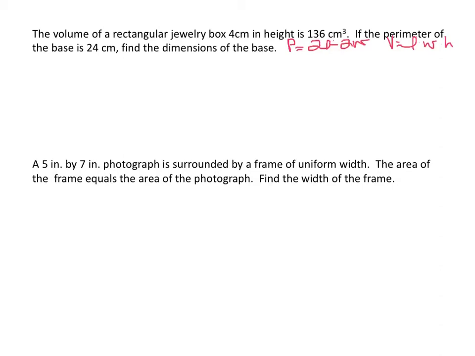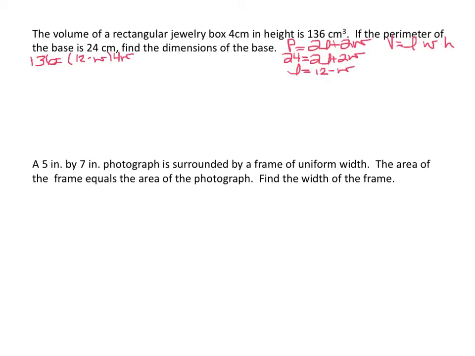Now, what I would do is I would set that perimeter equal to 24, which is what they told me, and I would solve for either L or W. I'm actually going to solve for L. So when I look at the volume formula, I'll be able to replace L with 12 minus W, and I already know that I can replace H with 4. So 136 is equal to 12 minus W times